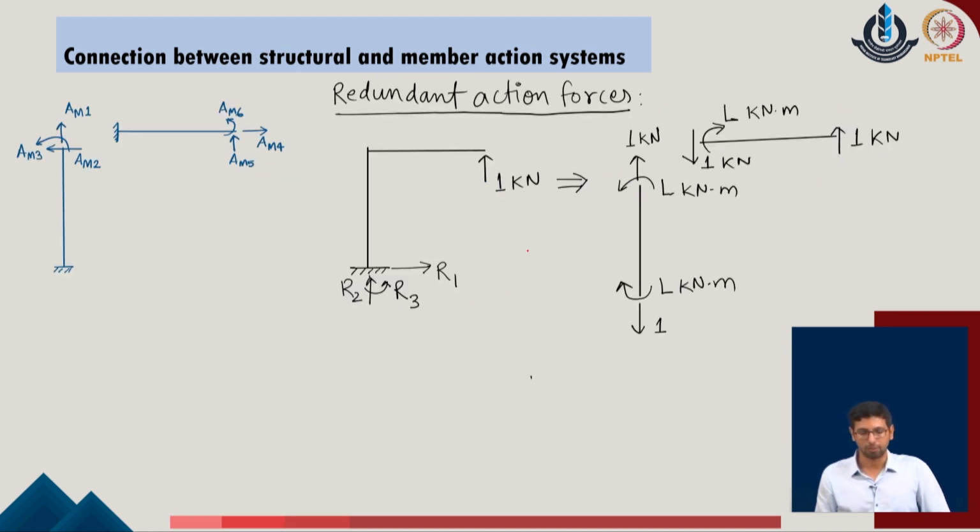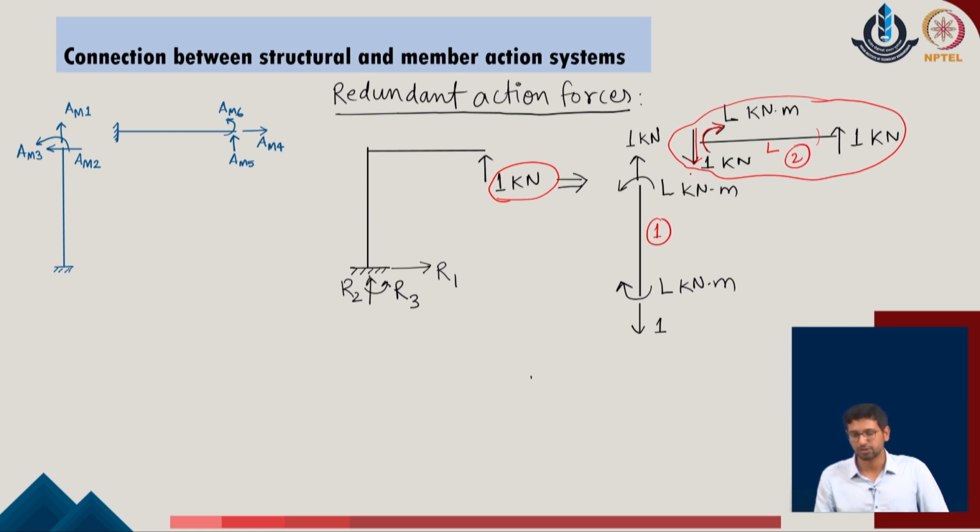So, in this manner, we start first with the redundant action force. As we said, we apply the unit load in the direction of the redundant one, and corresponding to this given system, a free body diagram can be identified, in which there is a load of 1 unit applied over here. Corresponding to that, I get the opposite 1 unit load at the downward part. The moment due to this part will be 1 into L, which is the length of this given member. Equal and opposite moment will be identified at the second end to make the equilibrium of this given system. So, this is our member 1, member 2 of the given system.